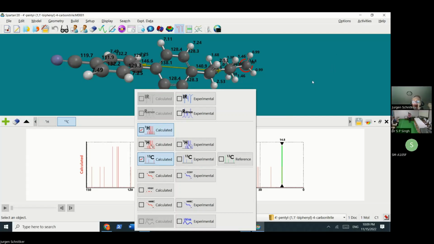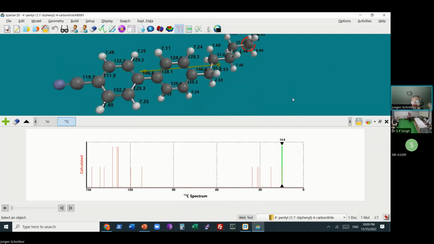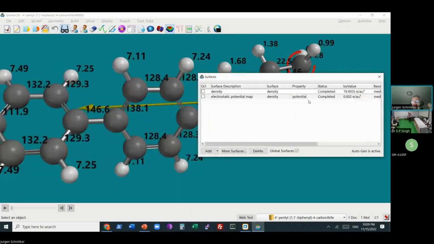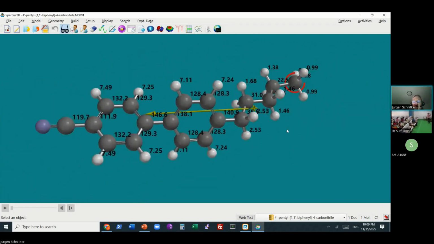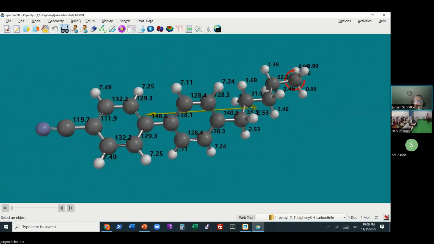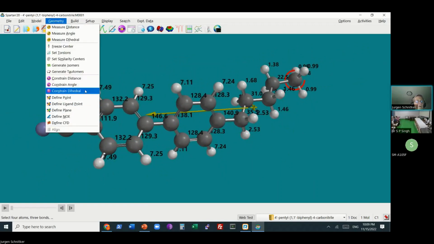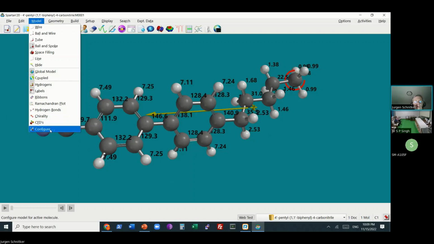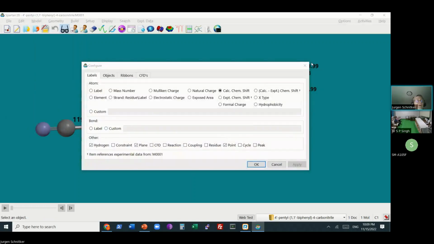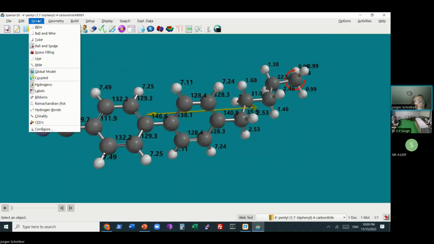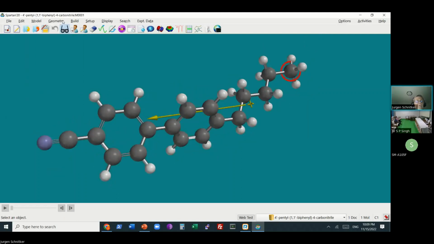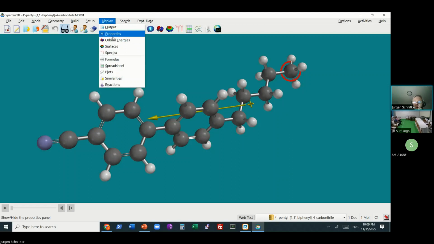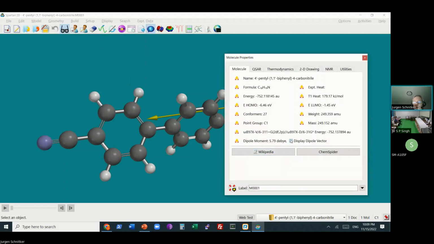Okay, so I will close this here and now show you quickly. There's so much stuff here on the screen. I will turn off the labels, the model labels, and the dipole moment arrow.